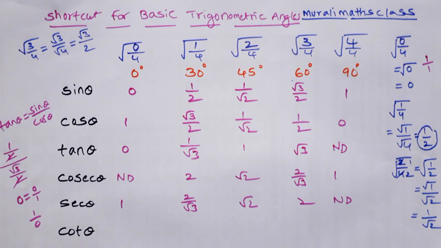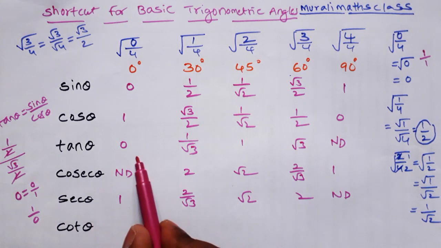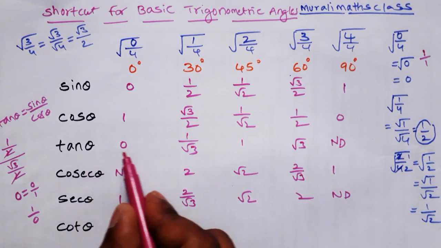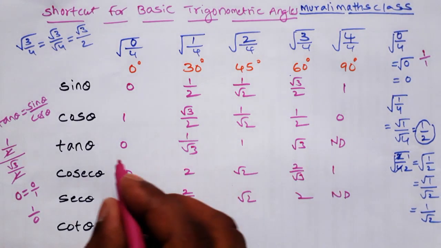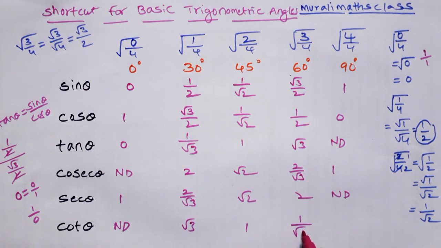Next, cot. Cot, what we have to write? Tan we have, so the ending values of tan you write at the starting. Tan ending is what? Not defined. So here at the starting we have to write not defined. Next we have root 3 here, tan here 1 by root 3, 0. That's it.